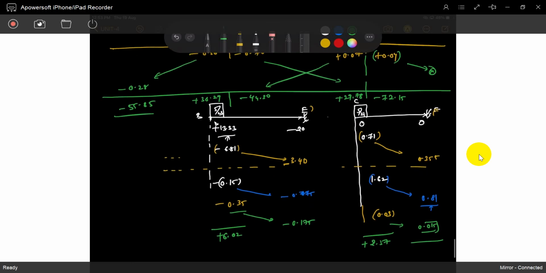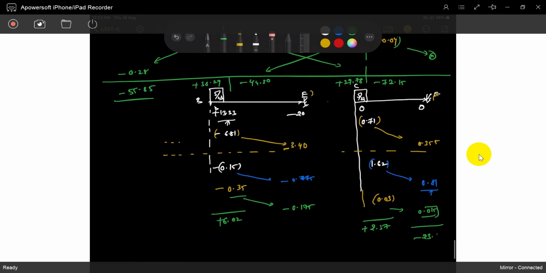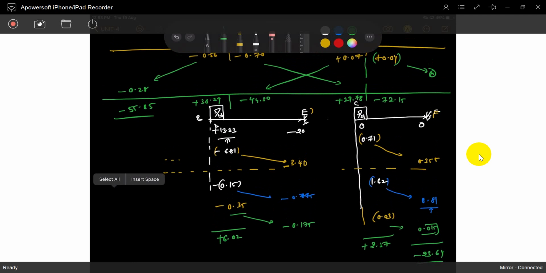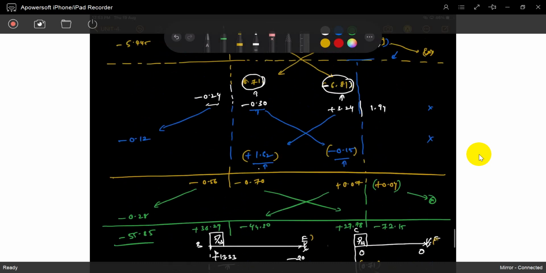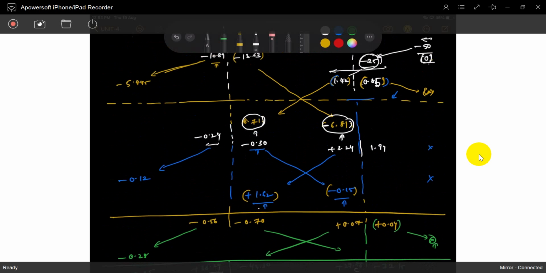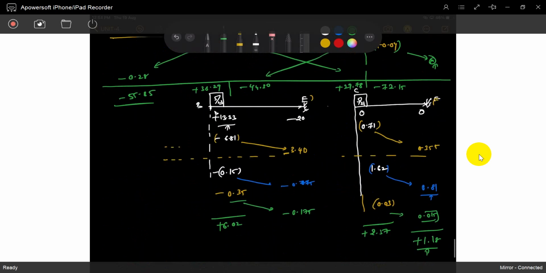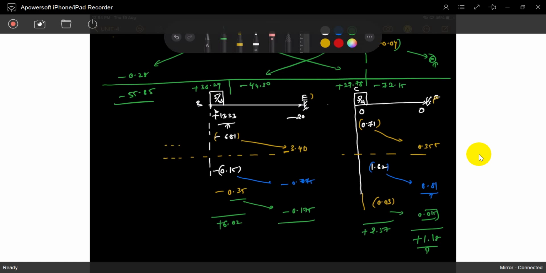And it's the final moment at F. F also you can calculate. It's a minus 23.64. F, how is it? So FC is, it's not minus 23. So what is it? 0.35, 0.81 is the value. Sorry, it's 1.18. And also D at 0 is 0. And also you have to add E. EB is also minus 23.64.